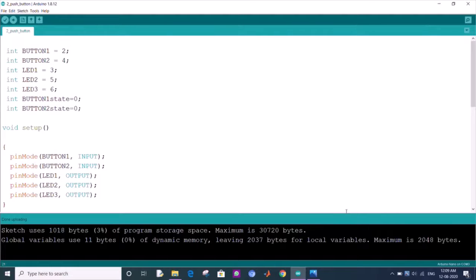Now I will just explain the code, what it is and how it will work. So the first thing I have done is declare all the variables outside the void setup. That means these are global variables and we can use them in any function in the Arduino. So we have button 1 and 2 as input switches and LED 1, 2, 3 as the output LEDs, and